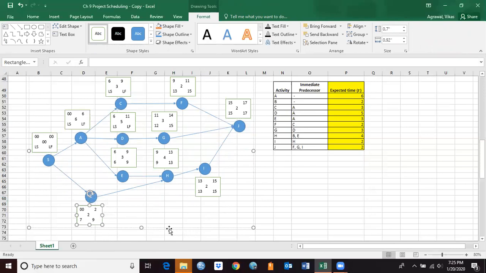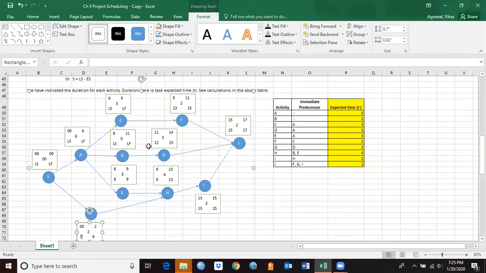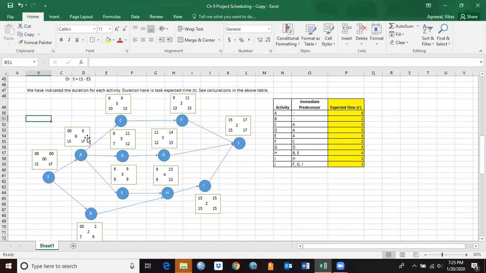Okay, so likewise here, latest start here for activity G is 12. So for activity D, latest finish will be 12, and latest start will be 12 minus 5, that is 7. Okay, likewise here for activity C is going to be 13, and late start is going to be 13 minus 3, which is 10 here. Now coming back here, activity